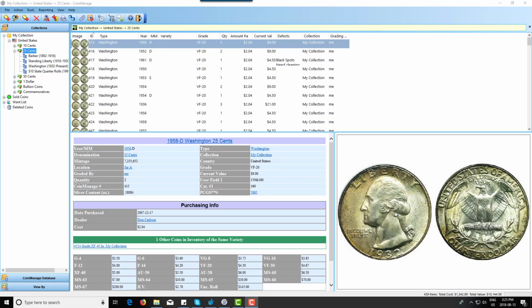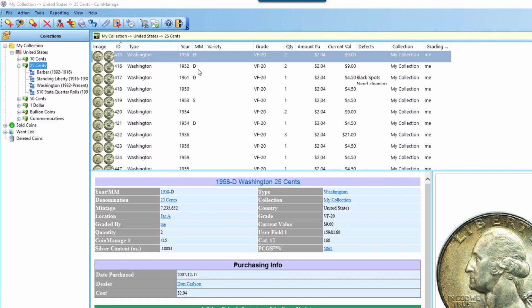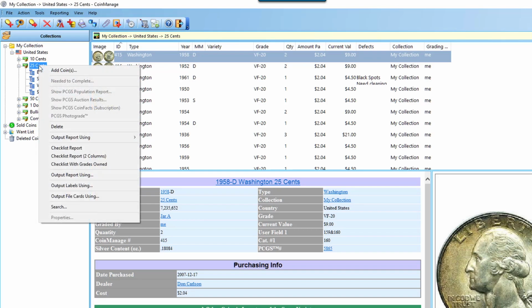So the first one I'm going to talk about is let's say you want to output to Microsoft PowerPoint. This is going to require that you have Microsoft PowerPoint on your machine. That comes as part of the Microsoft Office subscription that's very, very popular. But anyway, in this scenario, what I'm going to do is output all my quarters to a Microsoft PowerPoint presentation, basically. So what I do in this situation is I right mouse click, select Output File Cards